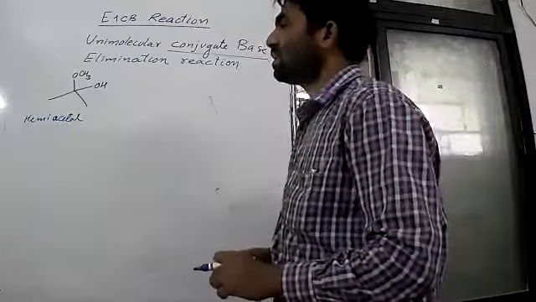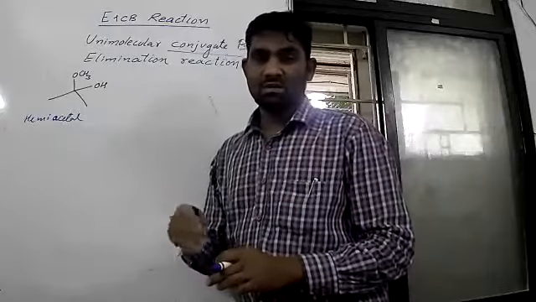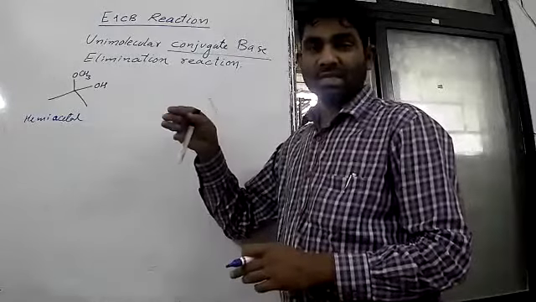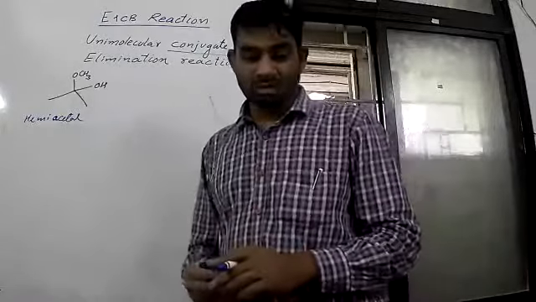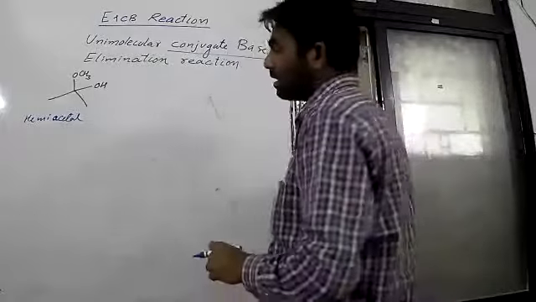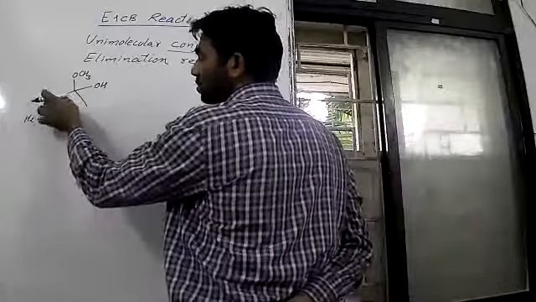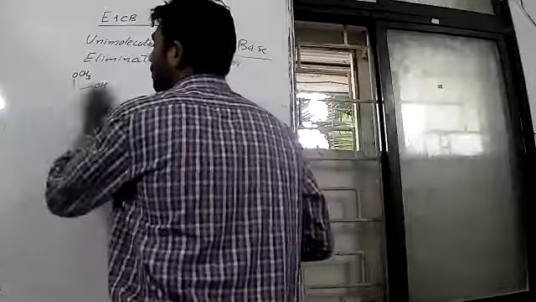Hemiacetal means when aldehydes or ketones undergo reaction with alcohols in acidic condition, they form hemiacetal as an intermediate. Okay. So see here, this is the hemiacetal. So it is a ketal and acetal both. So I will write this again. I will write this in a proper way so you can see.